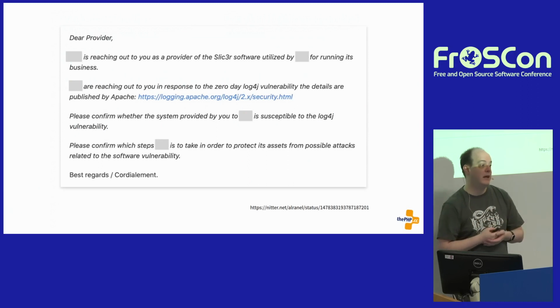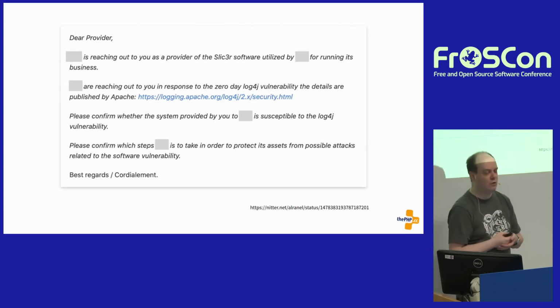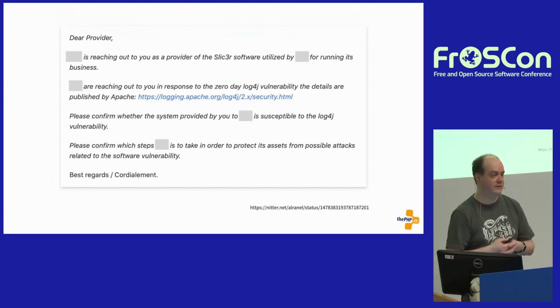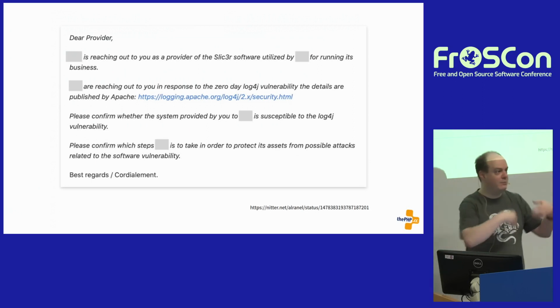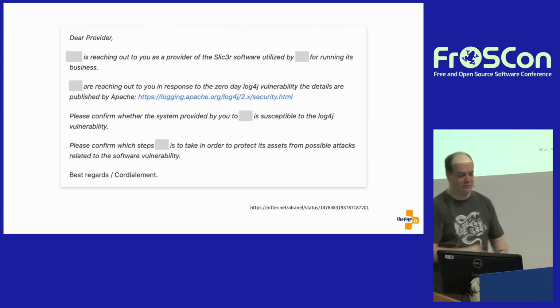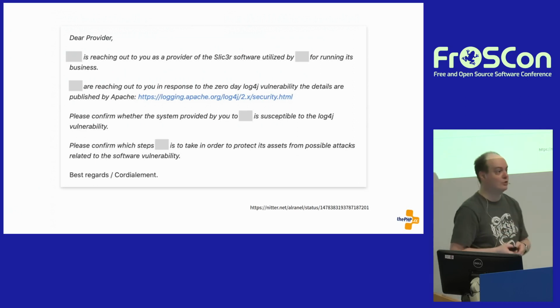And then Log4j happened. And a lot of people got a letter or email that looked like this. Dear provider, I do not know why big corporation thinks that they have a provider relationship with somebody, in this case an open source project.